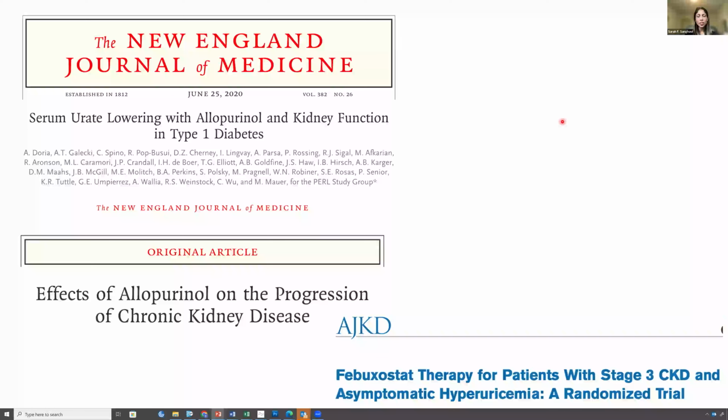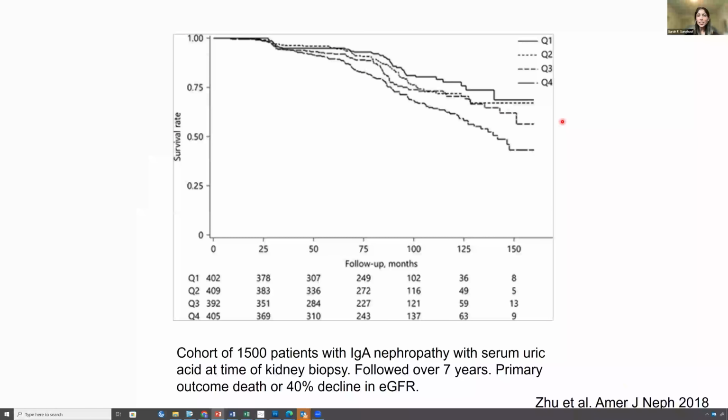This was really just trying to target patients who had chronic kidney disease to see if there was any benefit. And then, Basad, one more slide. All right, so this is just interesting. And again, not making any big conclusions based on this, but I did find this one trial, one cohort study